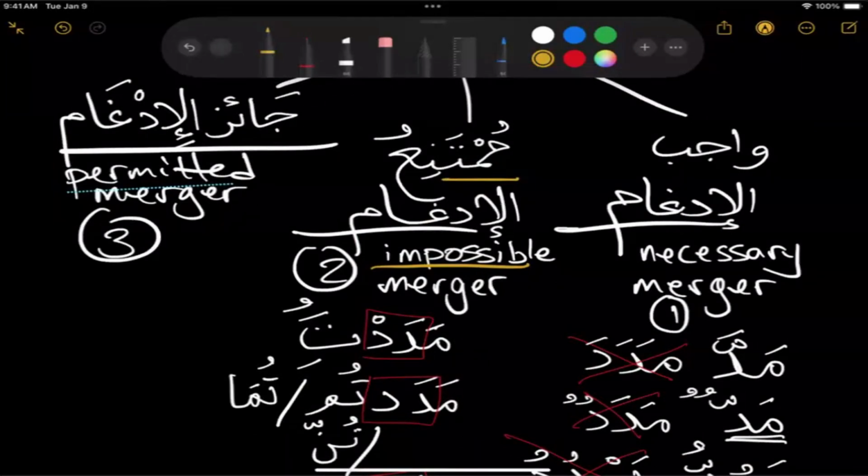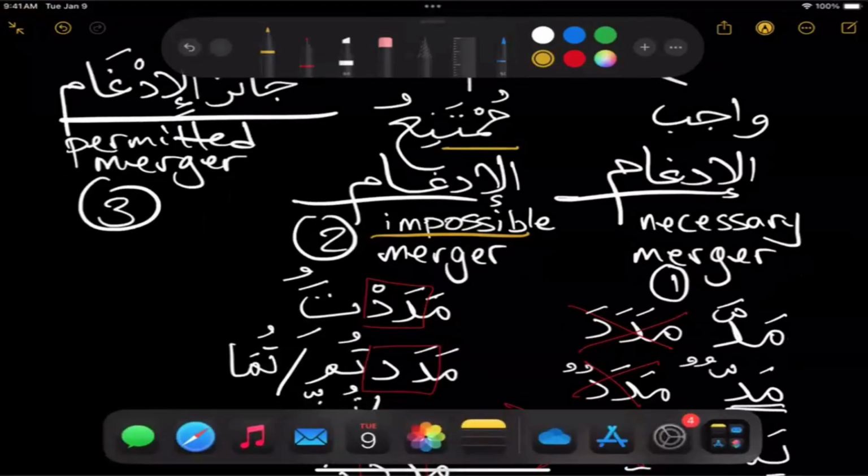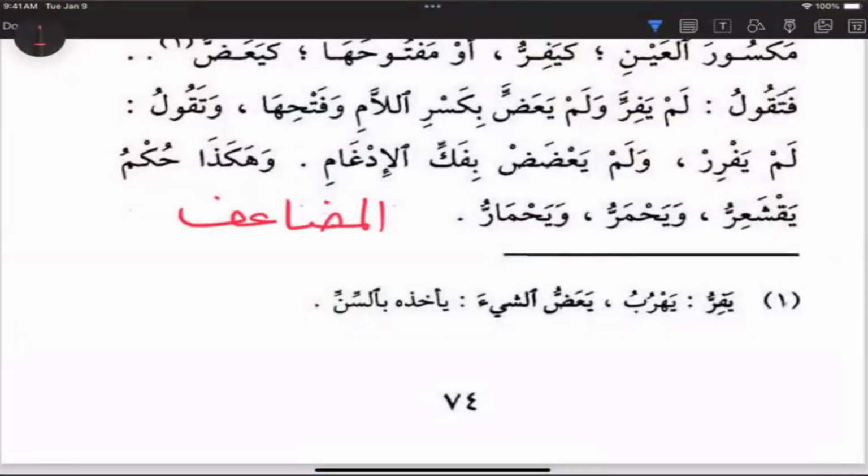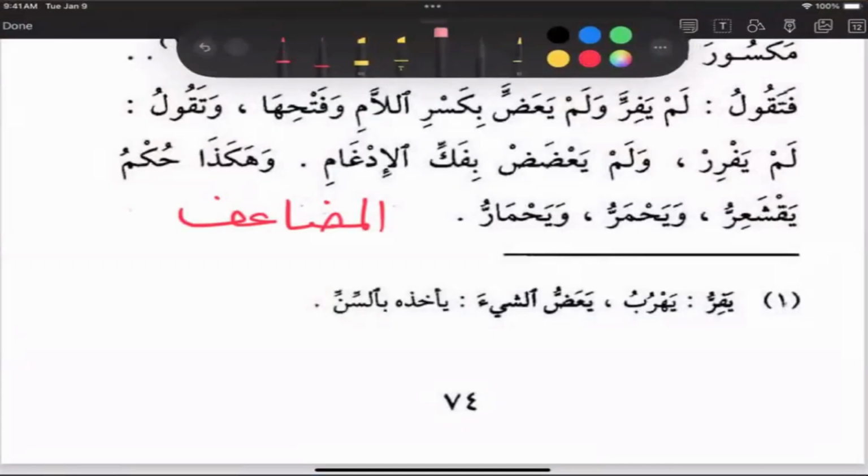Are there any questions so far before I go forward? Is there anything that's unclear? Is there anything you need me to repeat? Please feel free. So now we want to talk about when you can do it either way. So let's read the text here. The author says,